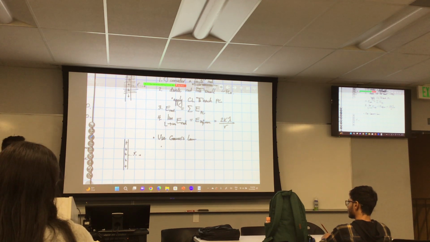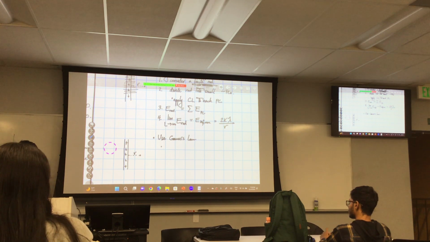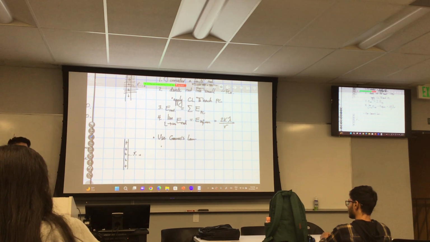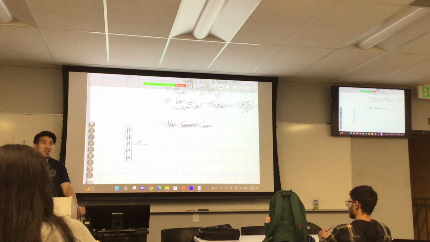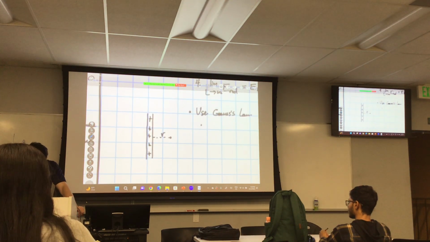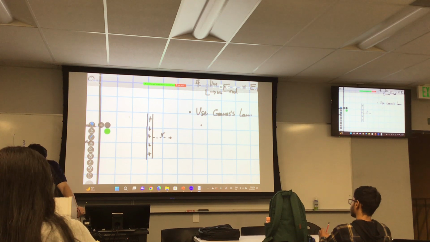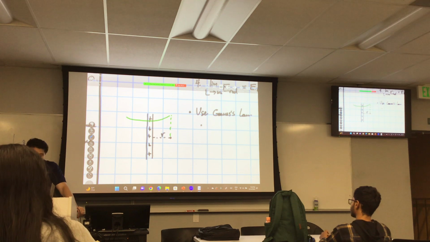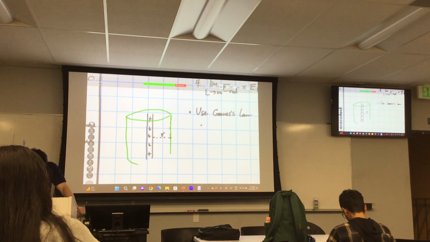So in a wire problem, which geometry would you like to use? Cylinder. Why did you choose a cylinder? A wire is a cylinder. Yeah, because a wire is a cylinder, and that is correct. We want to use a cylinder with the radius of r. The cylinder that we're going to be using